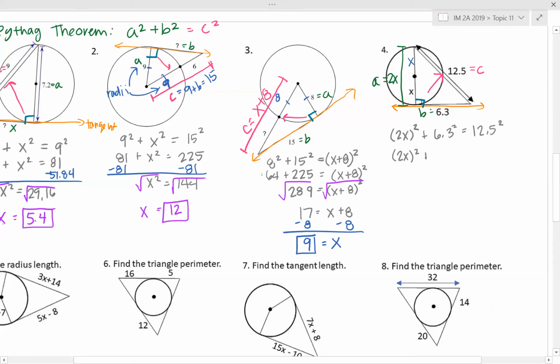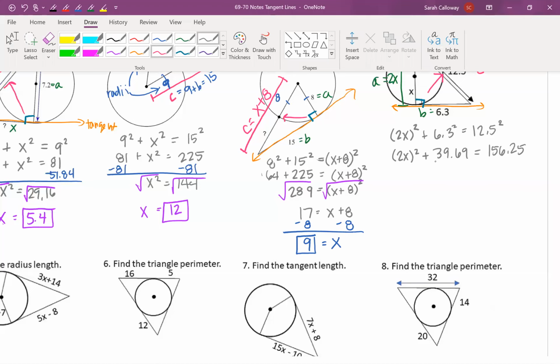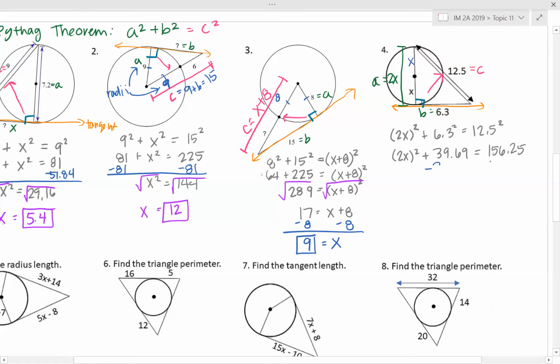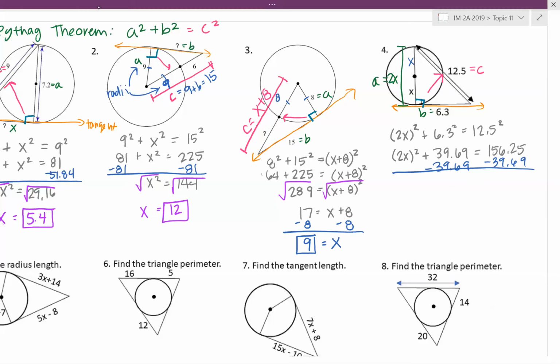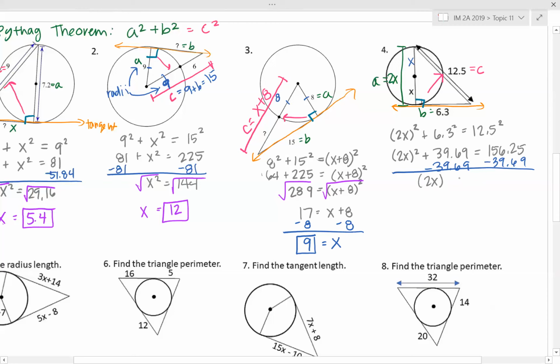So (2x) squared plus 6.3 squared is 39.69. And that's going to be equal to 156.25. So since the x is on the left side with another number, I'm going to subtract that number, 39.69, from both sides. And so that gives us that (2x) squared is equal to 116.56. So then when I take the square root of this,